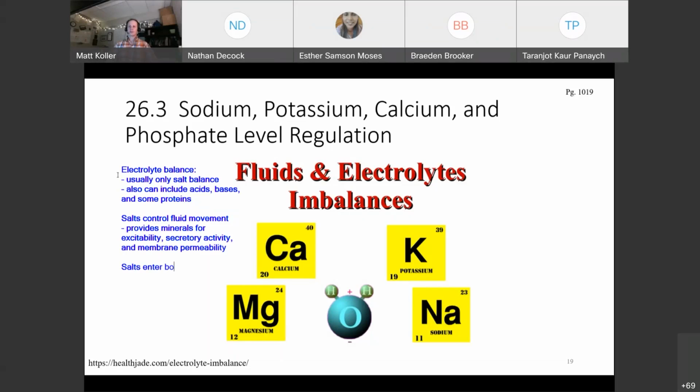Salts enter the body via ingestion, so you consume them, and metabolism, you break them down, and they are lost via perspiration, sweating, feces, as my 5-year-old calls it, pooping, urine, peeing, and vomiting if you happen to do that. And this vomiting can be a concern because if somebody is ill, either think about diarrhea or vomiting, and they are losing electrolytes, then that may be where you want to